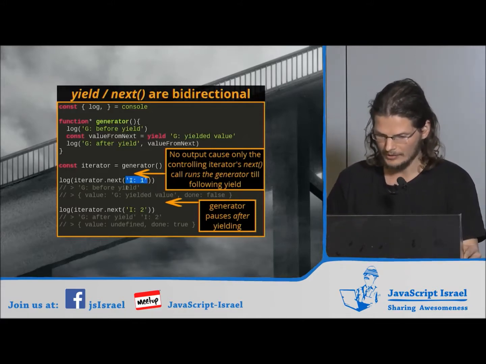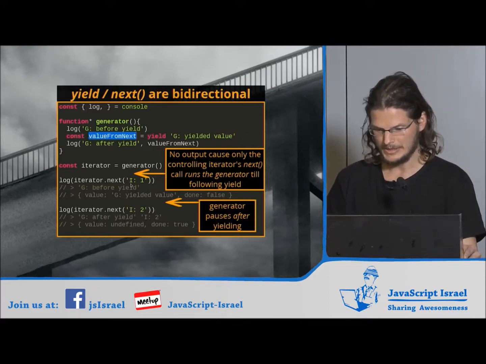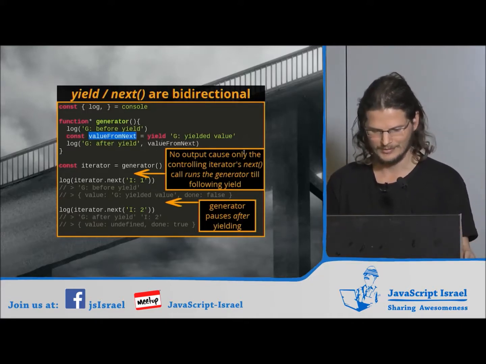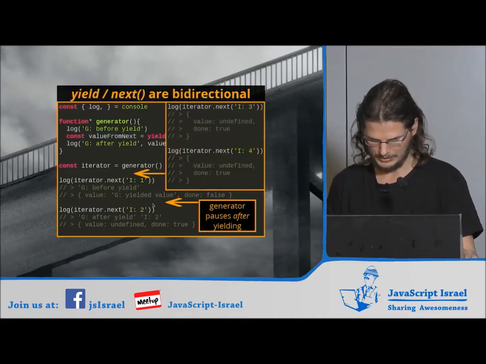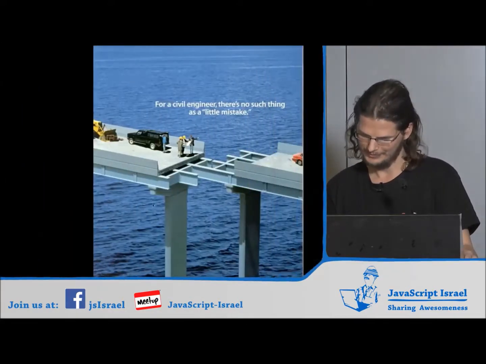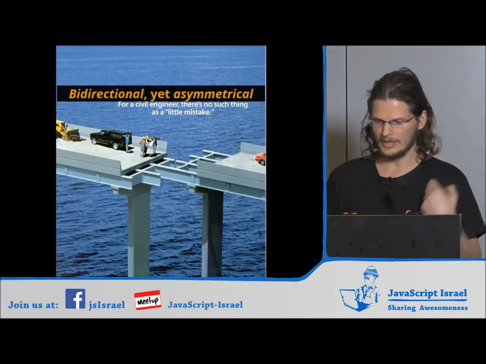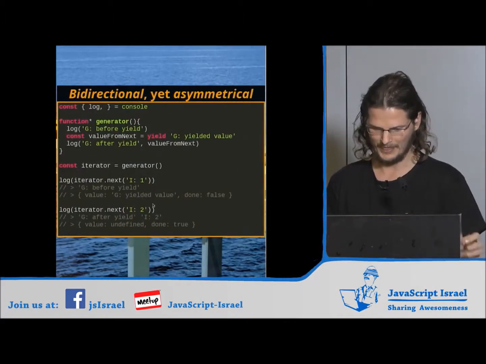And this is the value of the next, which gets returned by this expression and assigned to this constant. Okay? So the confusing part isn't that this doesn't make sense. The confusing part is this. The communication is bidirectional, but it is also asymmetrical, which means that